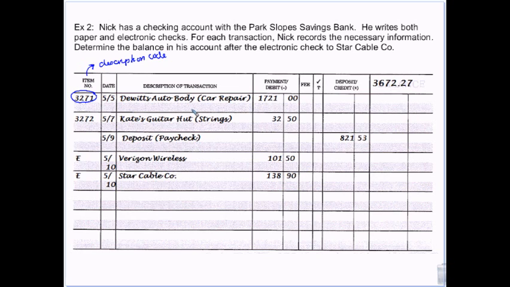So that used to happen more frequently as people would get a hold of your check that you were mailing, like your cable bill. They'd steal the mail, take the check out, and write it out to themselves or another business for a different amount. Well, when you go and check your balance and you see 3271 and it's not written to DeWitt's Auto Body, it's written to like Joe Smith, that alerts you that there's fraud. So check numbers are really important to write down for lots of reasons.